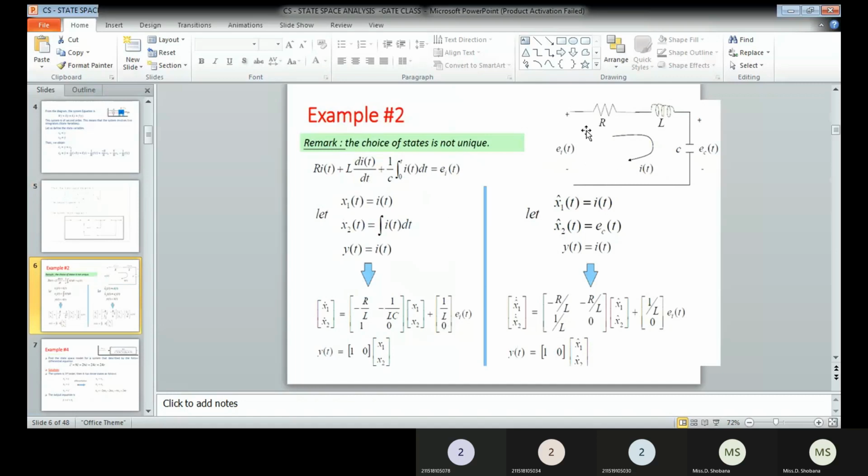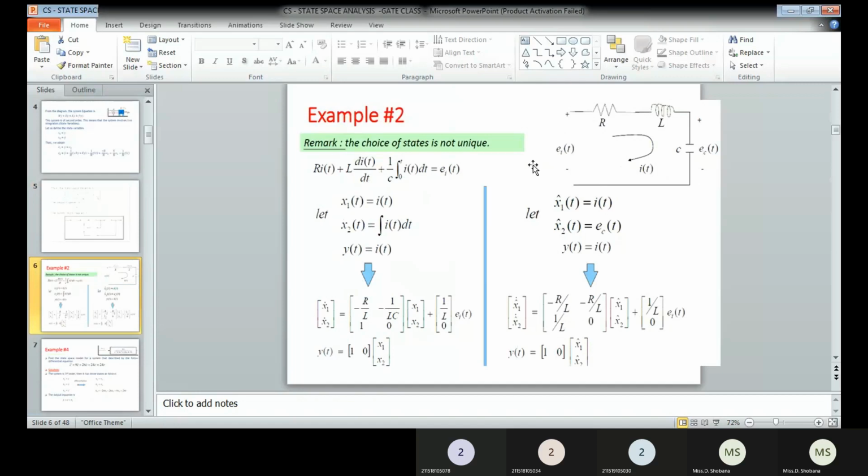Here you can see the three elements R, L, C connected in series and connected with the voltage source. So it's a complete loop circuit, a mesh circuit is given. Since a current flows through the closed loop, we have to use Kirchhoff's voltage law. Kirchhoff's voltage law is nothing but the sum of voltage rises equals the sum of voltage drops.